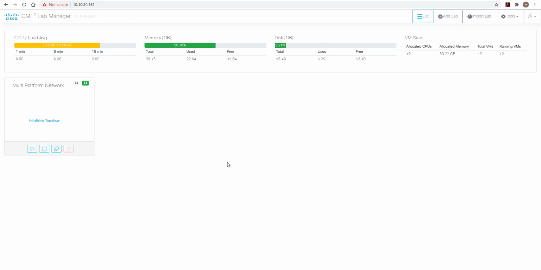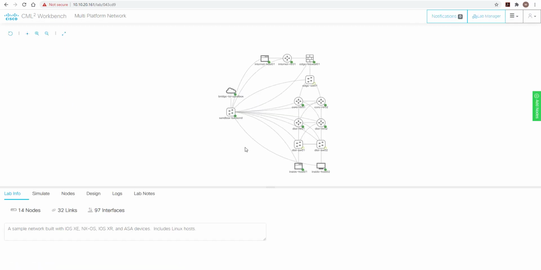Right, so now this is the CML lab manager, where we can see our labs that we are going to create. We already have been given one lab, which is showing here, multi-platform network, and this has got like 14 nodes. This is just for us if you just want to practice on a ready-made lab, so we don't have to create one, so we can just come and practice our commands here. But for the purpose of this